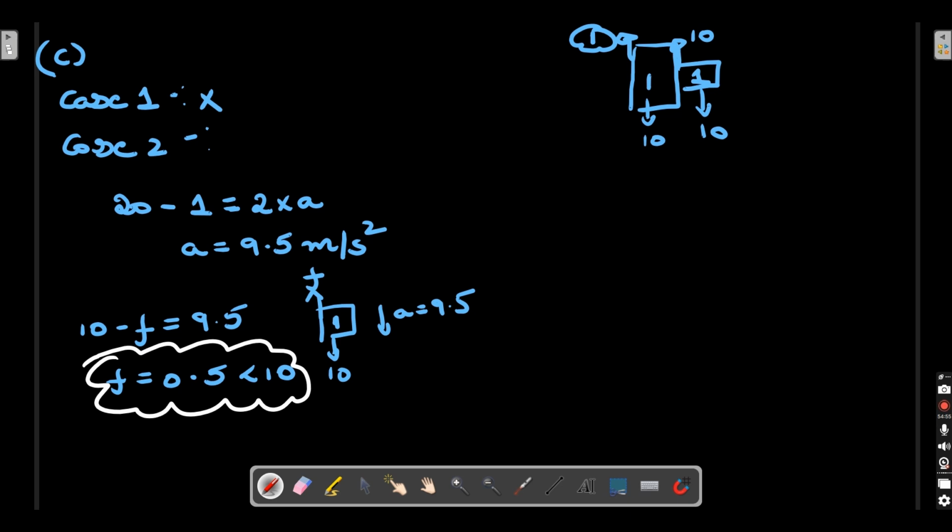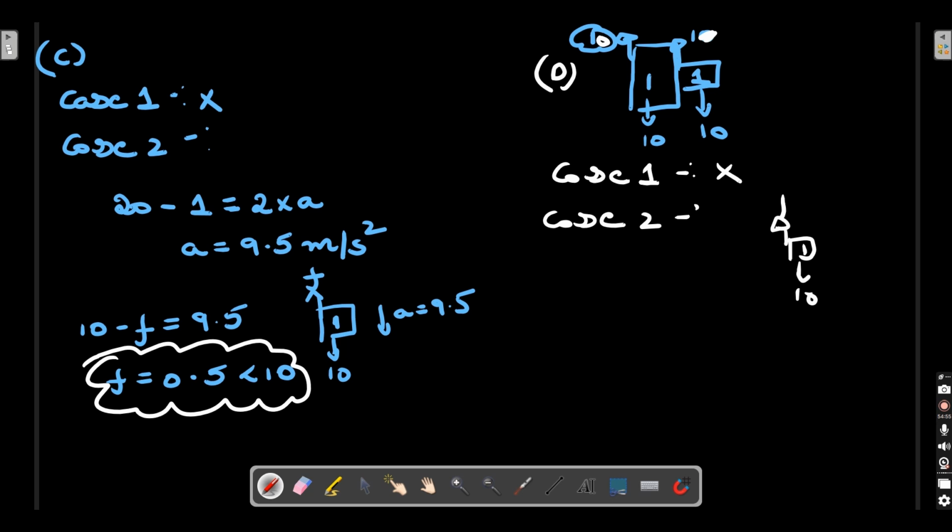That will be for the option D. Let's verify. Here it changes. This is 10. This is 1. That's the only difference for case D. So how can I solve this? Case 1, will it? No. 20 is not balanced by 11. Wrong. Case 2, of course not. Because you got acceleration as 9.5. And here this is 1, this is 10. Here you said friction is 1 actually in this condition. And here you are saying acceleration is equal to 9.5. You get what?